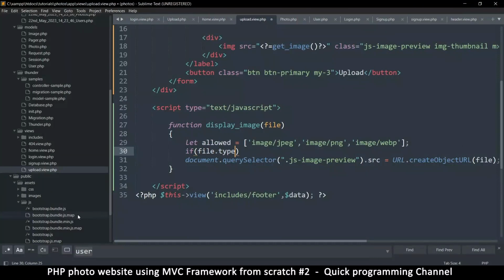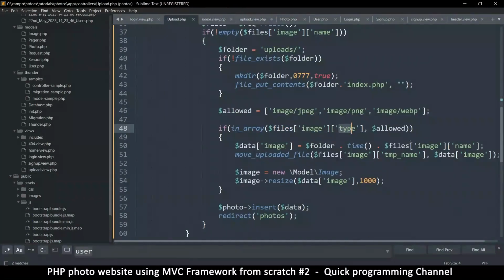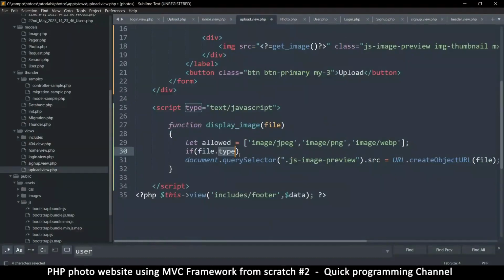file.type, because this is actually an object with properties like type, name, etc. Just like we have over here, where this has type, has temp name, has name, and it's even got size and stuff that I didn't use here. So you can check for the file size if you have a restriction there as well. So if file.type, actually we should check if it's included in here. So we're just going to say if allowed dot includes